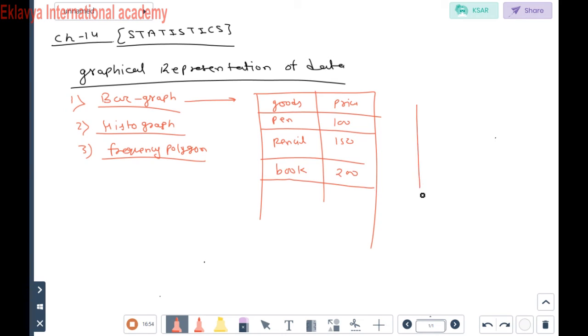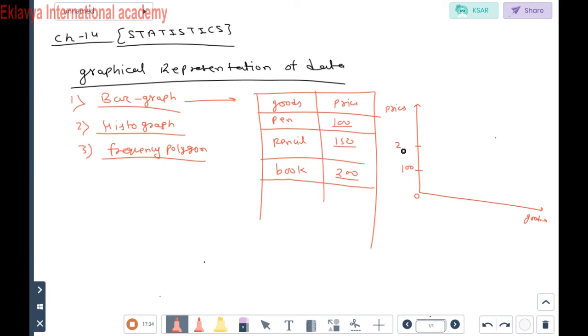So for constructing the bar graph, on x-axis we will take the goods, and on y-axis we will take the prices. Now starting values from 100, then on graph how we will take scale? So if we will start directly from 100, students, यहाँ पे देखो starting value क्या है? 100 है, 150, 200. So अब यहाँ पे कहाँ से start करें? अगर डायरेक्ट यहाँ से आपने 100 से स्टार्ट किया तो फिर ये क्या बनेगा आपका?